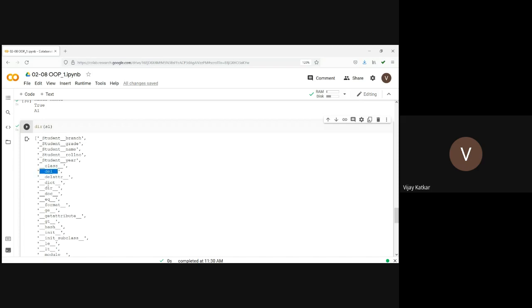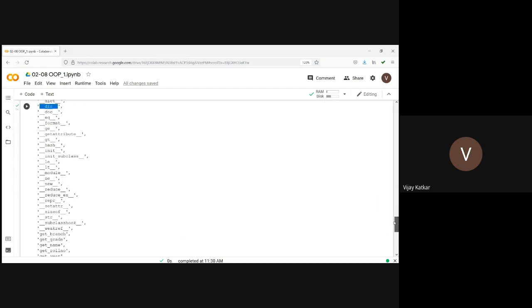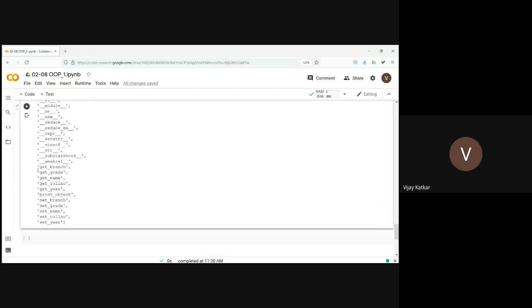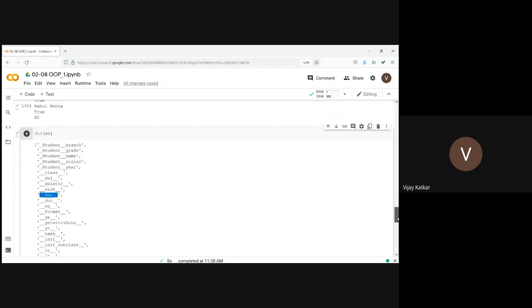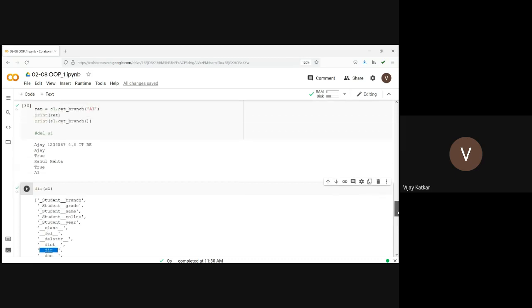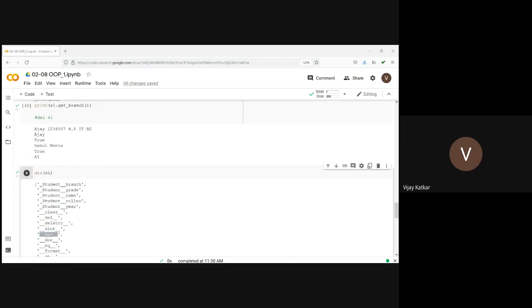Then there is a destructor and other methods available in the class, including the get methods and set methods. So if you have an object in Python and you want to check what are the attributes and methods available in the class, you can simply pass it to the dir function.